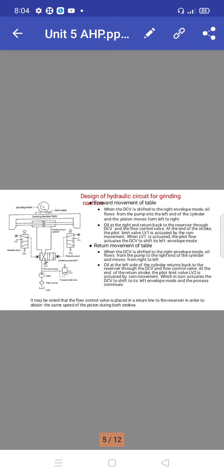Here the table is the main component when compared with other machines like the planer as well as the shaper. The ram is the main component there, but here we are utilizing the table as the main component. That should be ensured. Then the return movement of the table. Whenever the machine has a forward stroke, it should have a return stroke. Then only the process will be completed. Otherwise, it's an intermediate one and never completes the process or task.